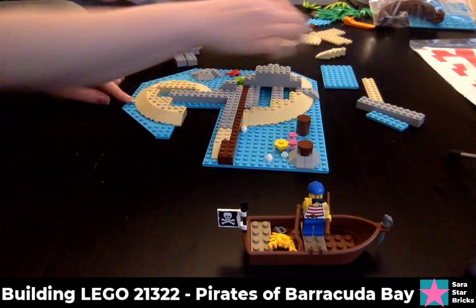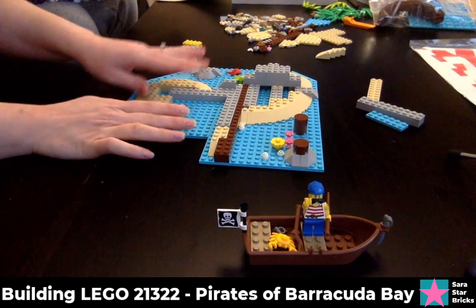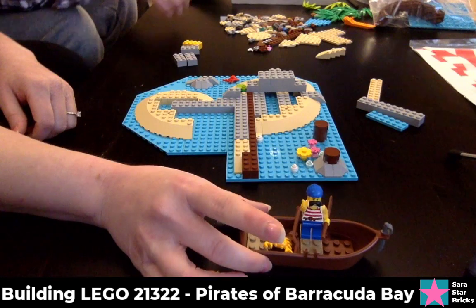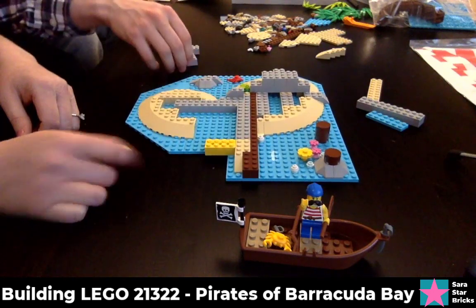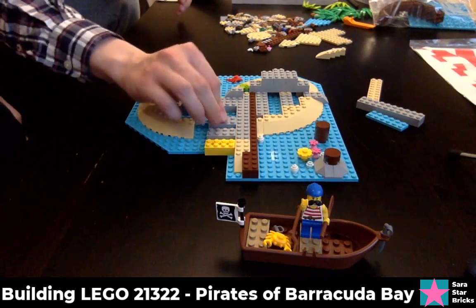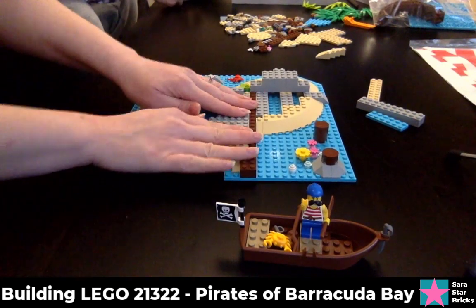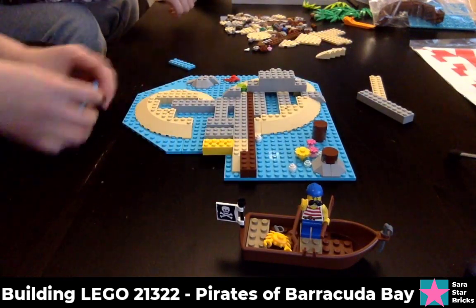So I did this. Where are we at now? Another little water piece, fill in here. There we go. Alright, that looks pretty good so far. And then I believe we have to do these pieces here. There's one stud and another stud. There we go. Then there's this piece that goes on an edge, and then this one that will take care of all the